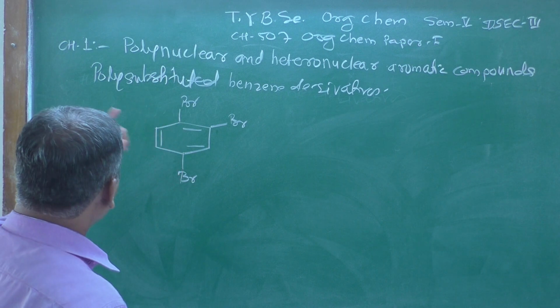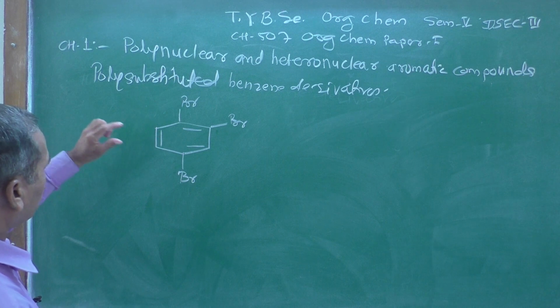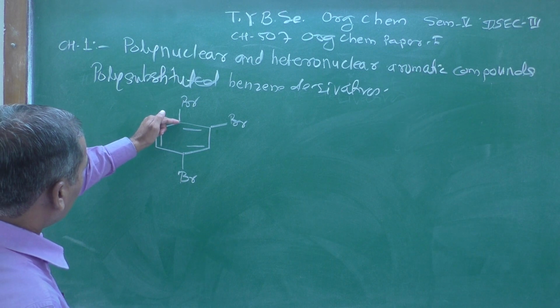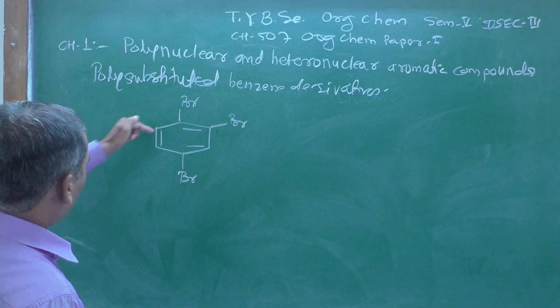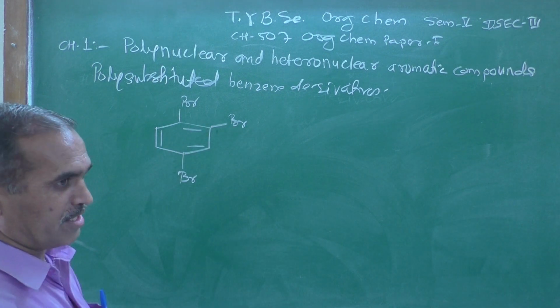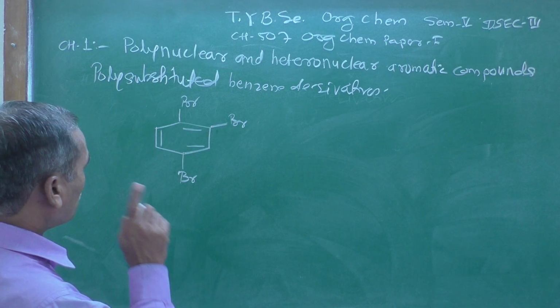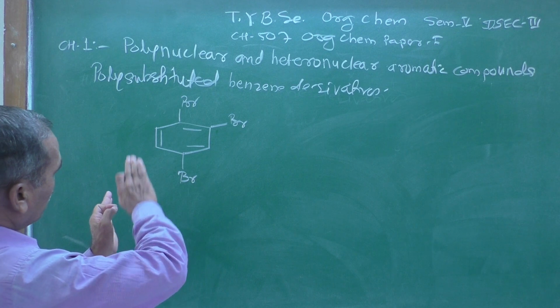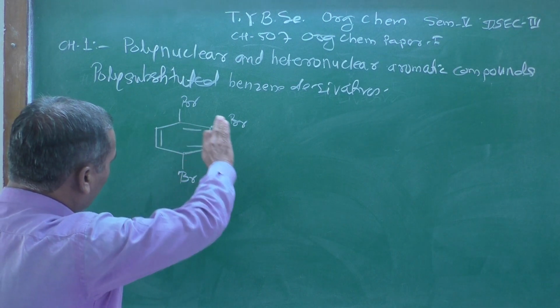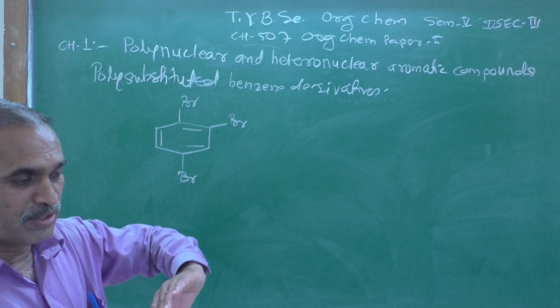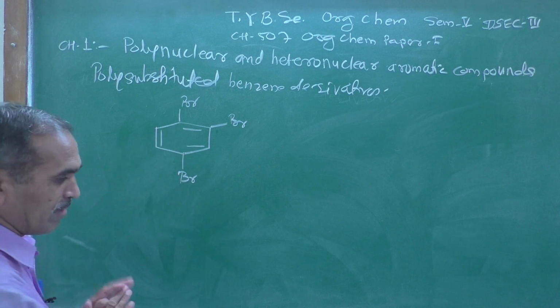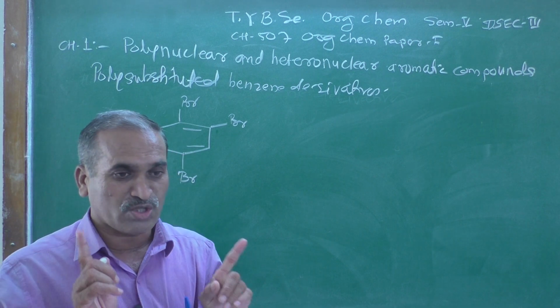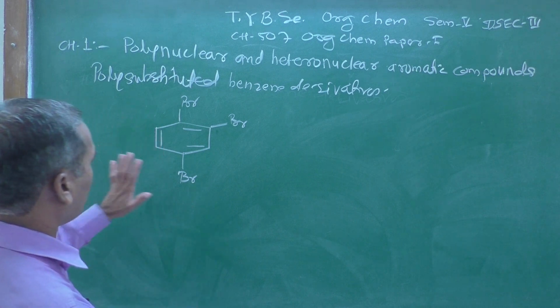But the direction of that numbering, whether from the left hand side or right hand side, yes, you must number from the right hand side. If you give the numbering from the left hand side, that is not the correct way, you should remember that